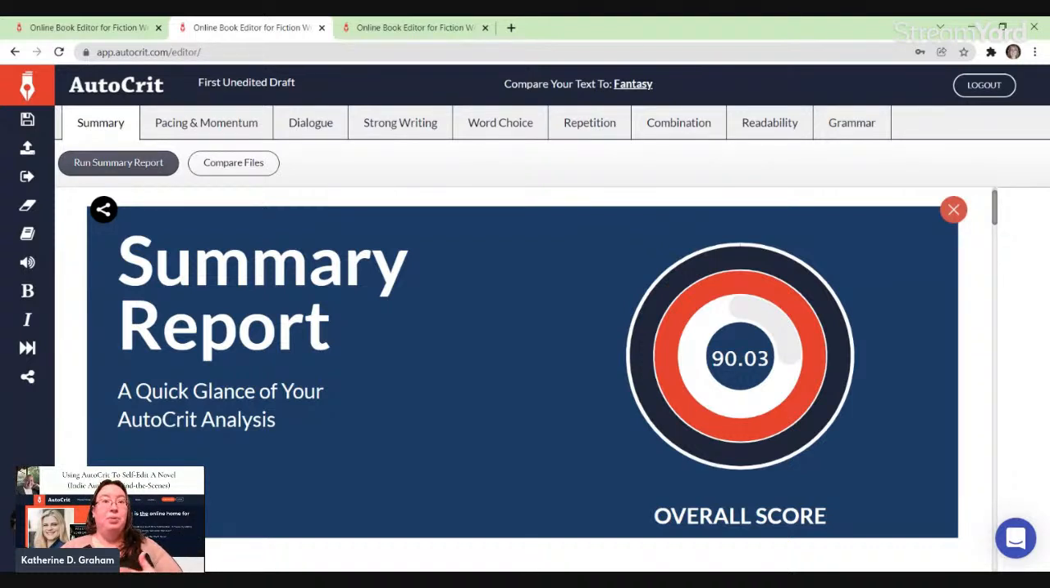But it's meant to help cut down the work needed, because as an editor we charge based on word count and we charge based on how much time it's going to take us to edit your book. And AutoCrit